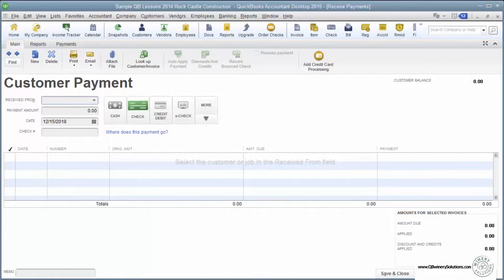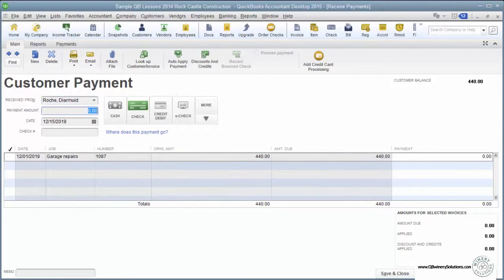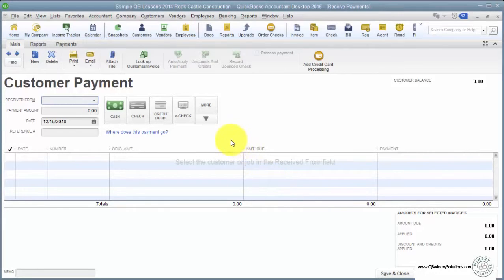The next payment is going to be from, and this is going to be for $440. It's going to be a cash payment, and this will go to his invoice 1087. And again, we'll put that into undeposited funds. Next payment is from